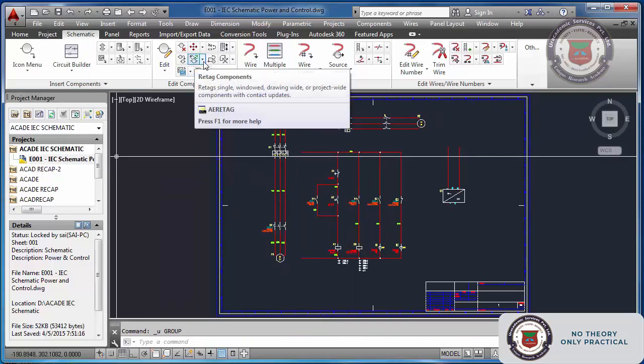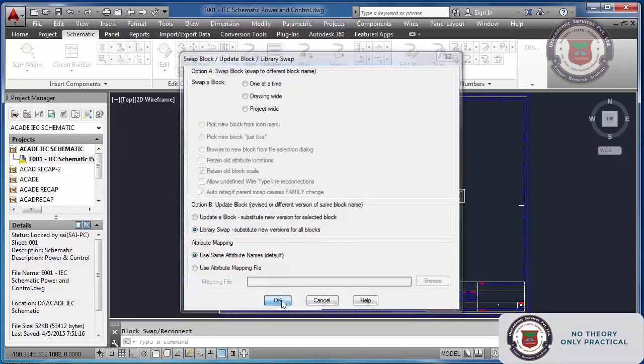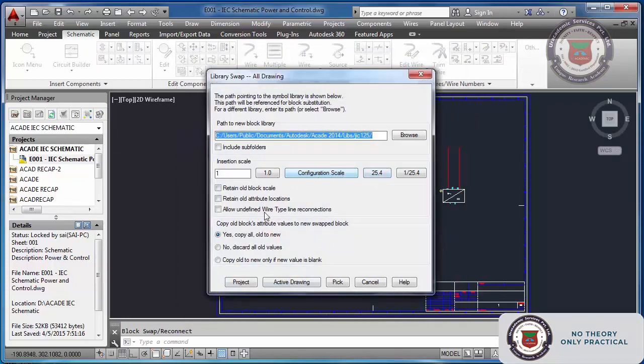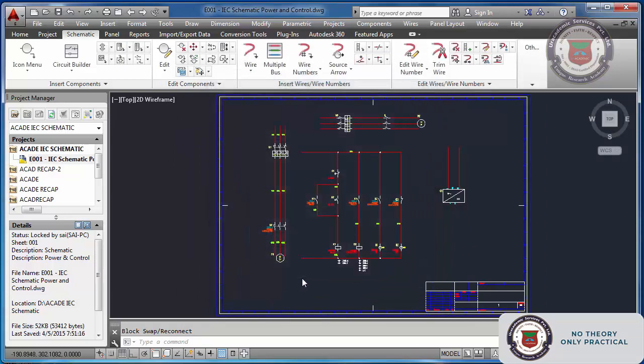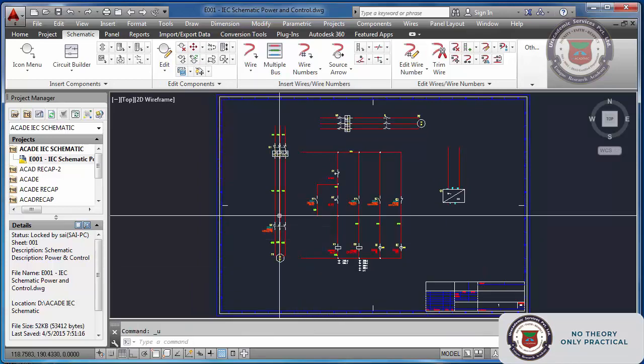Swap, library swap. Okay, active drawing. Now it is JIC only, active drawing. Oh, that should be 25.4. Undo.